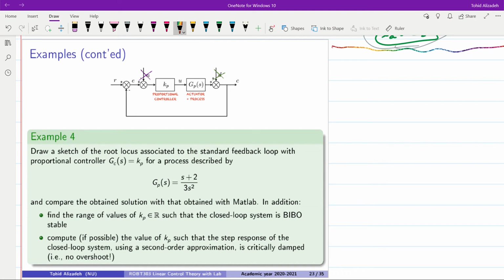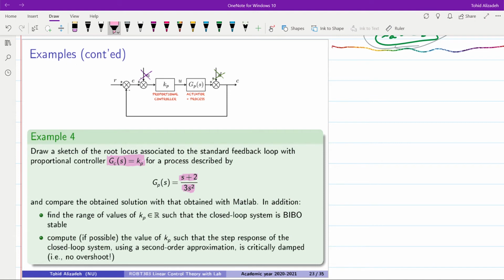Hello everyone. In this video we are going to draw the Root-Locus plot for a system given with the transfer function as (s + 2) / (3s²). The controller is in the form of a proportional controller again, so Gc(s) is equal to Kp, and we are supposed to draw the Root-Locus and compare it with what we could get with Matlab,